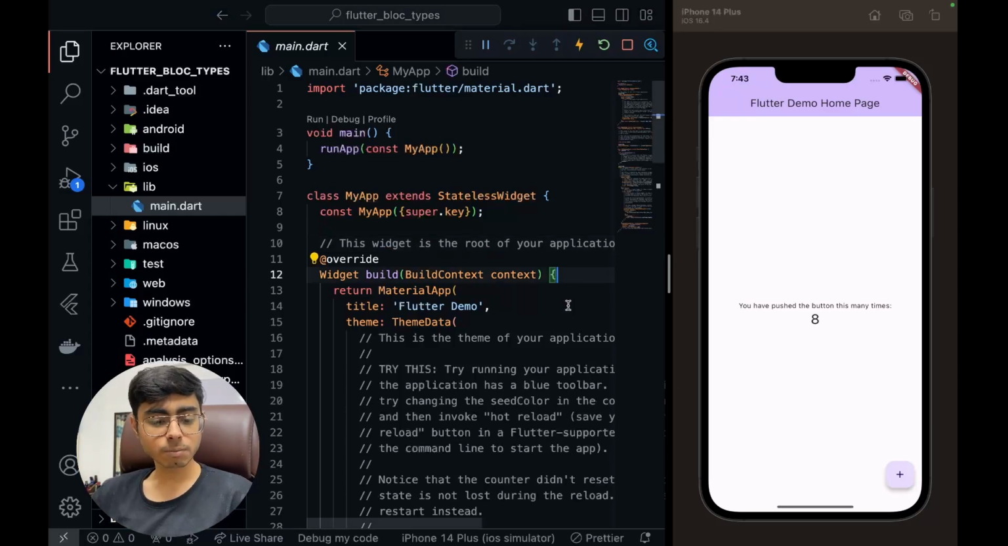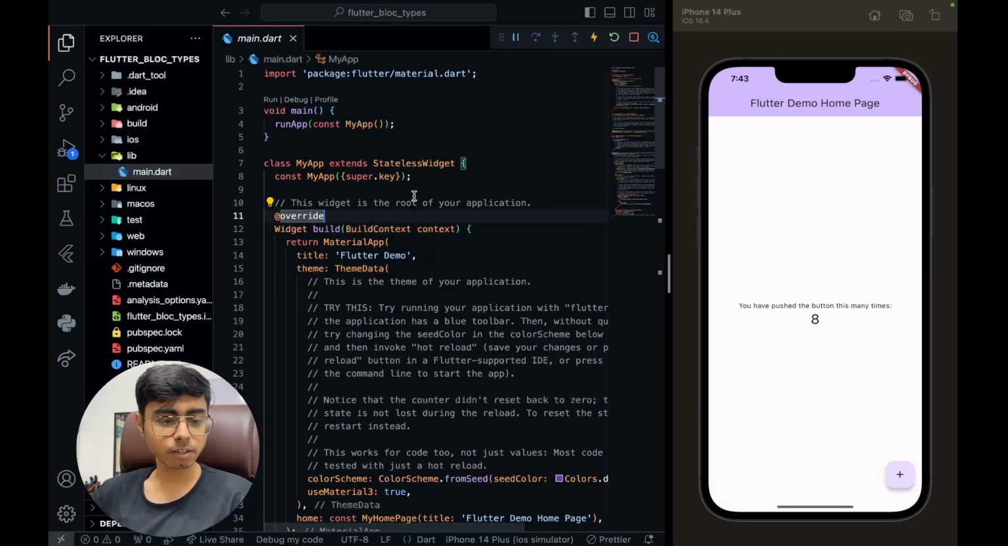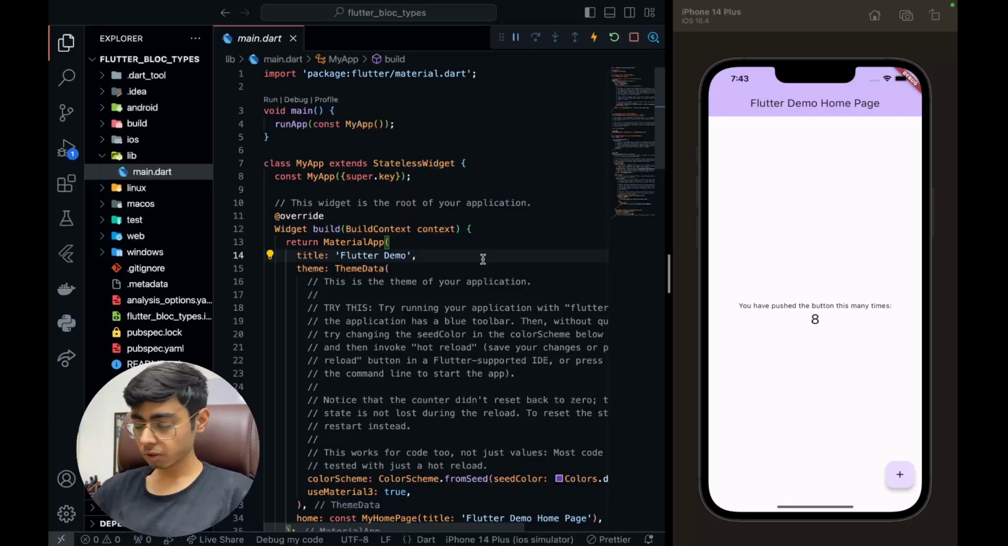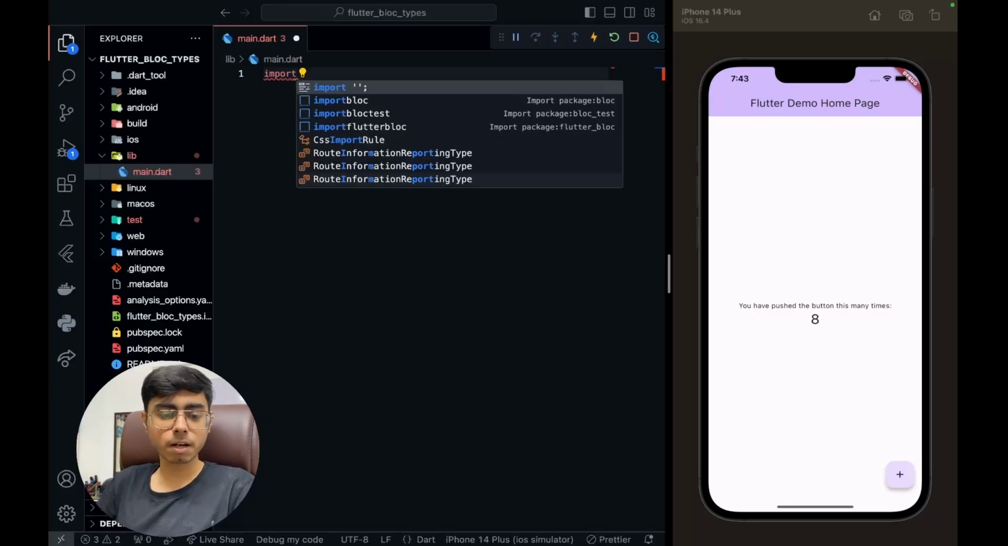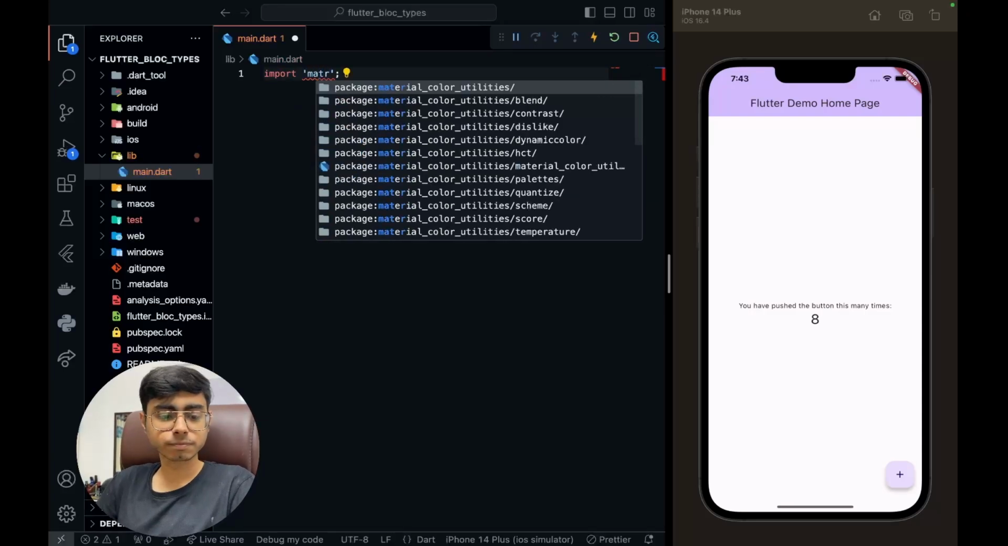Now, without wasting more time, let's begin. I hope this font size is enough. I hope it is clear and visible, right? So I'm going to clear everything. We are not going to take any boilerplate code, and we're going to start from scratch as I usually do, right? So first of all, I'm going to import my material.dart